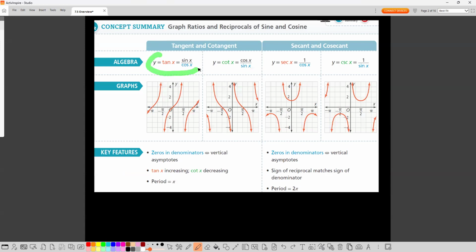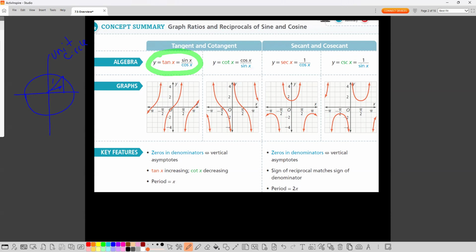If we were going to graph the tangent, when you graph the tangent, it's sine over cosine, because remember it's opposite over adjacent. The opposite side is the y, which is sine; the adjacent side is cosine. If you were looking at that on the circle, you have a triangle in there, and we're talking about the unit circle, so the hypotenuse is 1. Y over 1 would be just the side. So when you're looking at this and you graph those corresponding coordinates and you put the y over the x